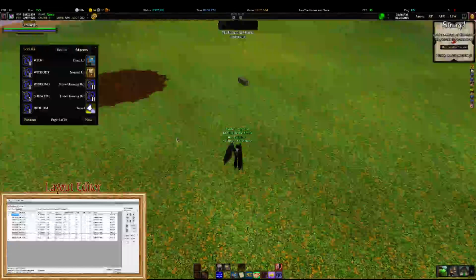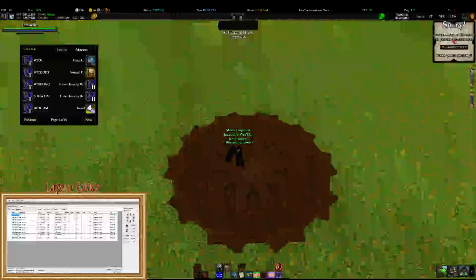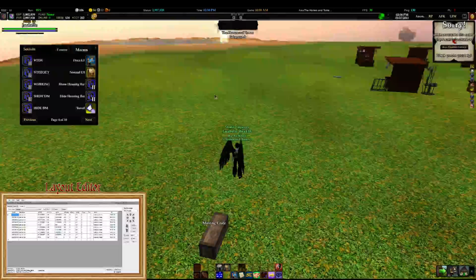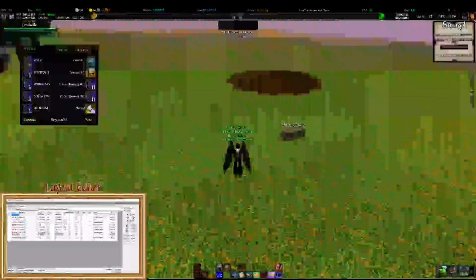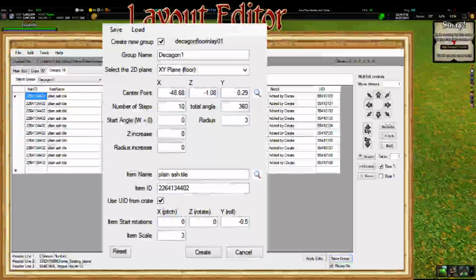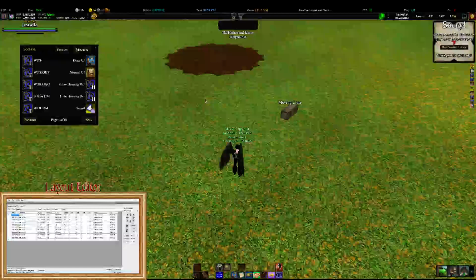And so we're going to start doing another circle. So we said, hey, we kind of like that, but we really only played a little bit with the various options at the bottom of the create circle or spiral. So we have this pulled up, and we don't want to touch Decagon 1, so let's create Decagon 2. And this time, well, we kind of like those options, but we want to change the center point. So let me do a loc again, because